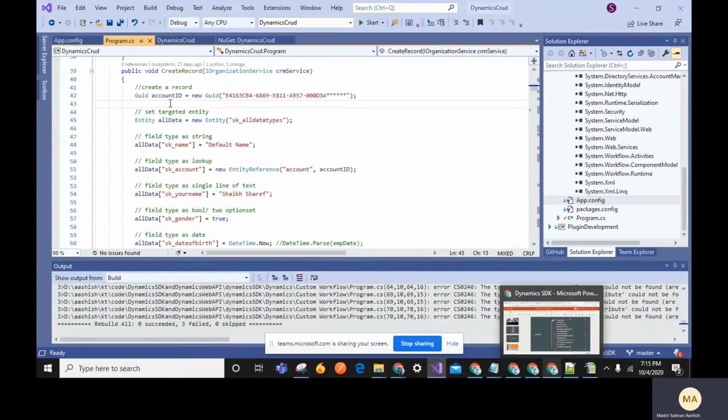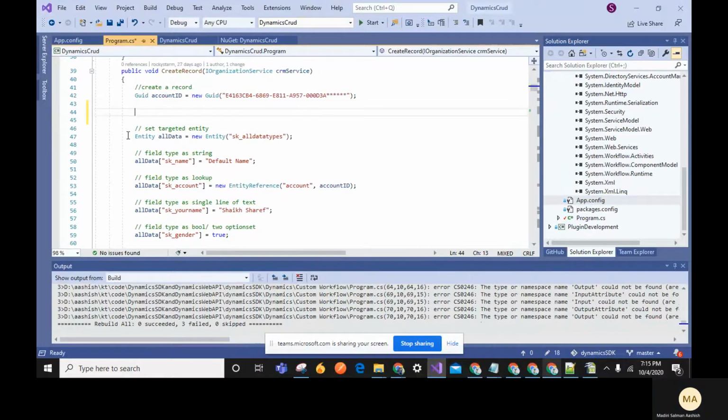Suppose I am mapping a parent and a child record. Suppose I have account and contact. I want to map the account lookup that is there in the contact record. If I want to map the contact record using a lookup, we can do it by other ways also.